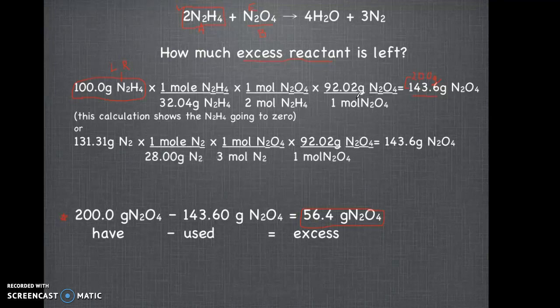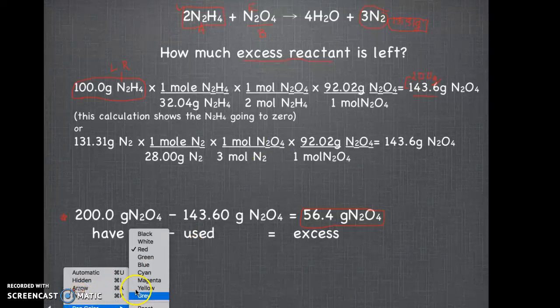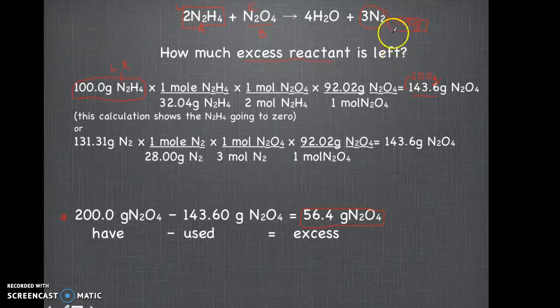So remember how earlier on from doing all the stoich setups, the very first step, we went through and we calculated that we're really going to make 131.31 grams of N2. This was my theoretical yield that you solved for. Okay, so in the second scenario, let me actually do the second scenario in a different color so it's a little easier to differentiate between what we just did. We'll do that one. So